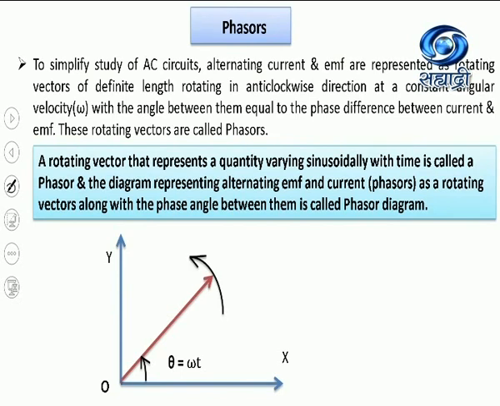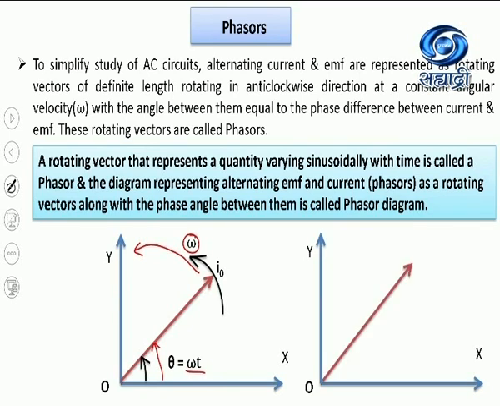For example, if your expression for the current I is equal to I naught sin omega t, then what is the phase over there? Omega t. So the angle which is shown in anticlockwise direction will represent the phase. So phase for the current is omega t, that is equal to theta, and hence the vector is drawn with the angle theta with the defined axis, say x axis, and this vector is rotating in anticlockwise direction with constant angular velocity omega. Now here in the first diagram we have represented current as a phasor.